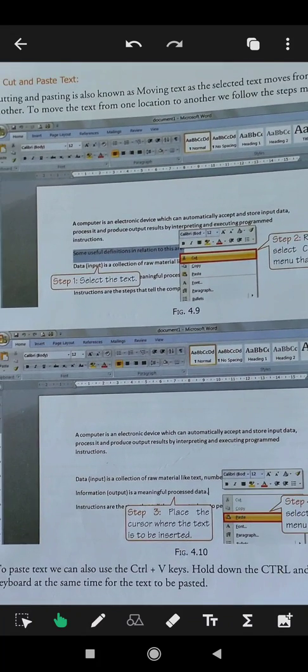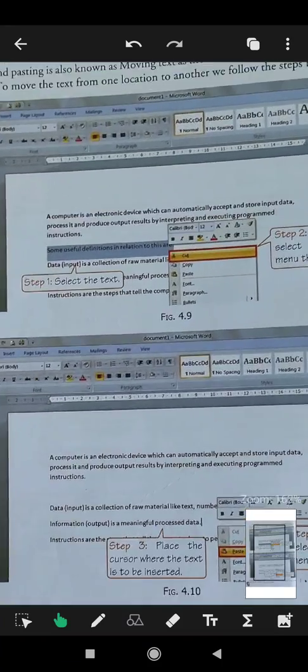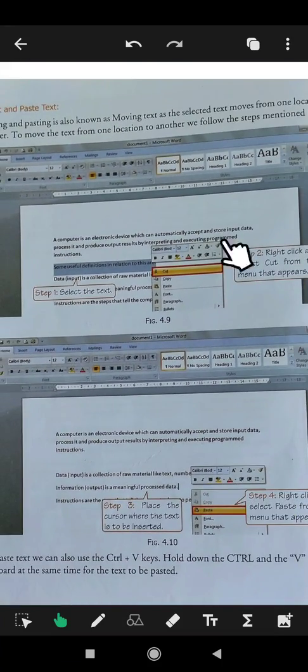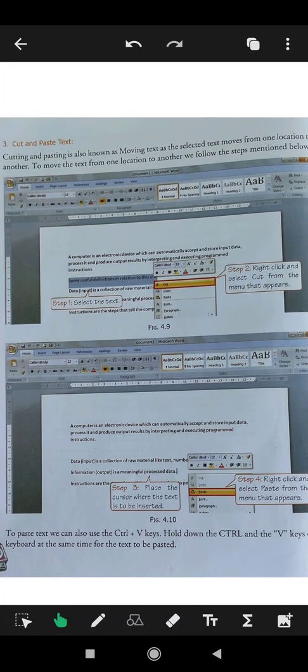So now we will look at the different steps that are given over here. Step number 1, select the text. So we have selected this text. Then you will right click. It is similar to our last procedure. Here we will click on the right mouse button.